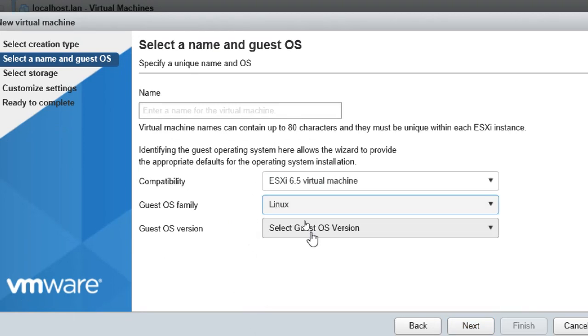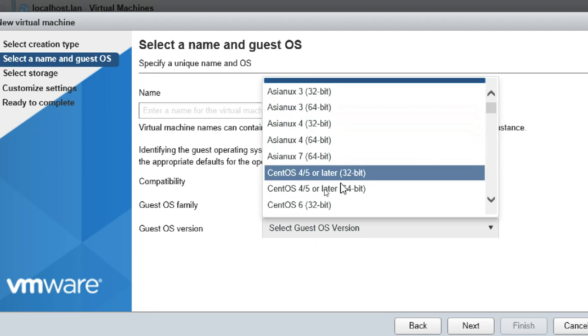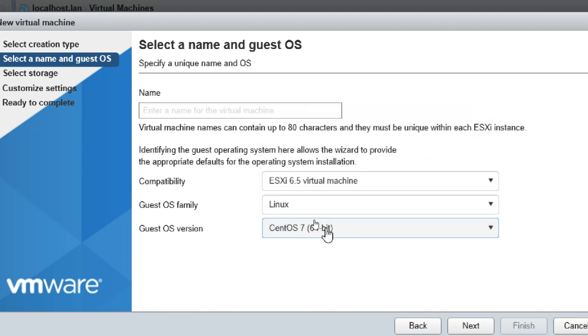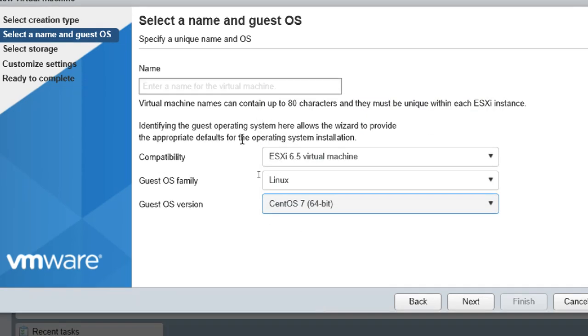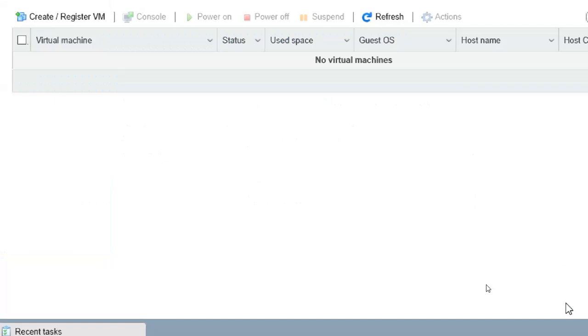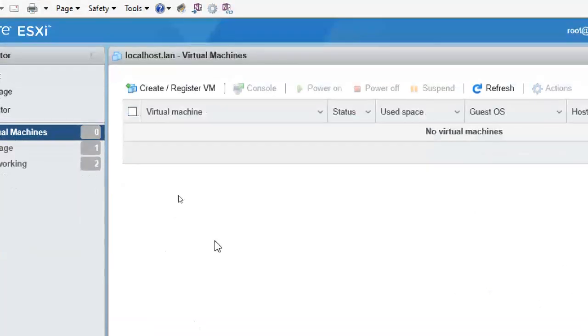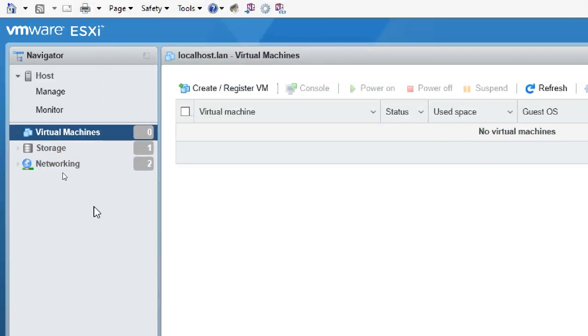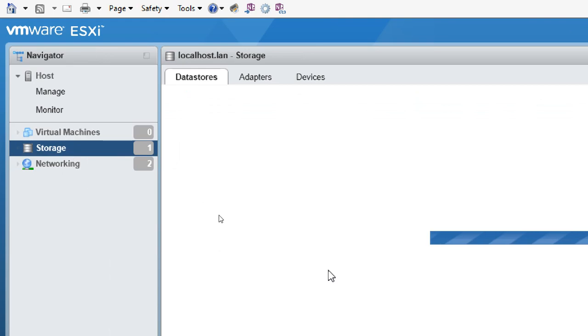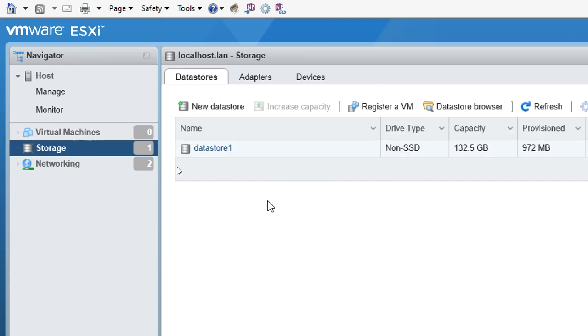Whichever one you want to install, that operating system image is required, then only we are able to install, or with remote deployments we can do it. Okay, but currently we don't have any images here.